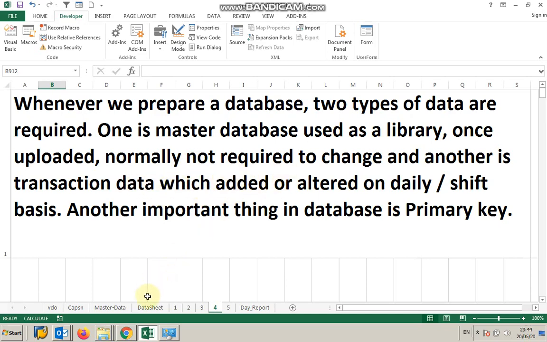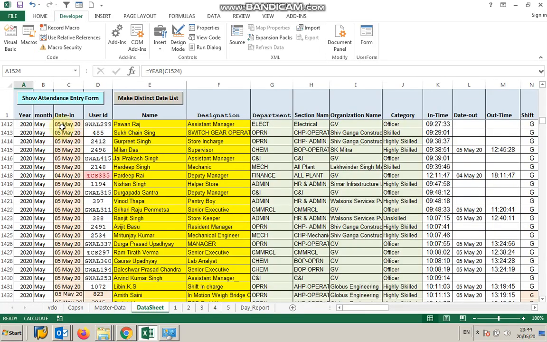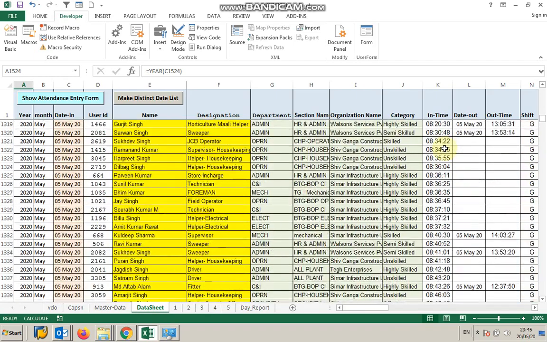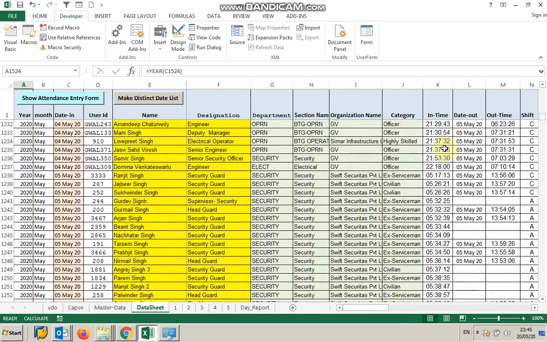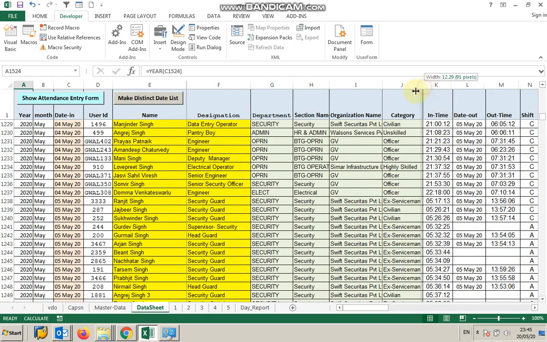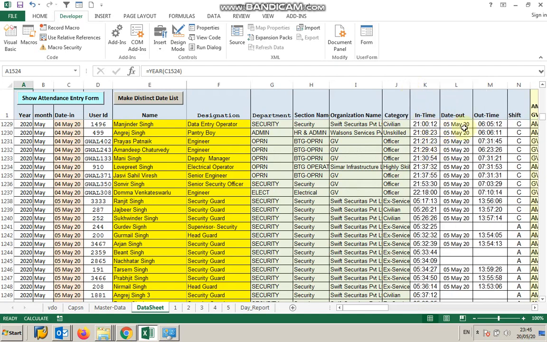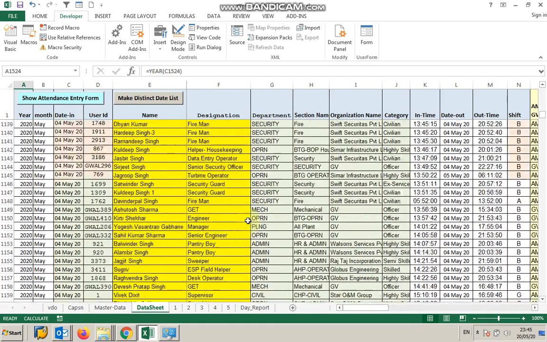And the daily transaction database is whatever is happening on a daily basis, in a store, how many items are transacted, issued or returned, all these things. This is daily transaction. But what is the item list? That is more or less master data, that is fixed. Only a few items are sometimes added or sometimes deleted. So with this basic concept, let me now switch over to the main Excel sheet.